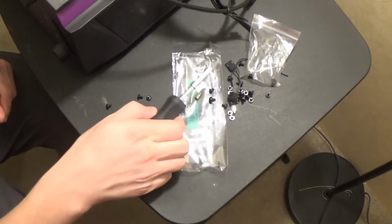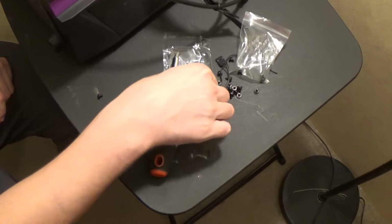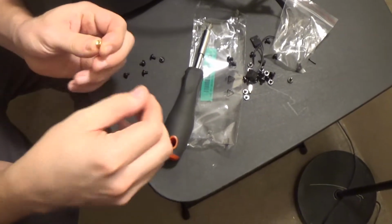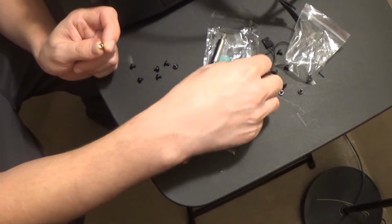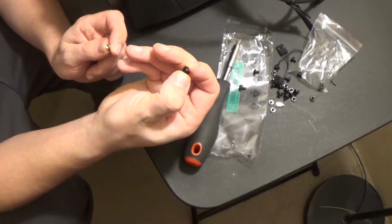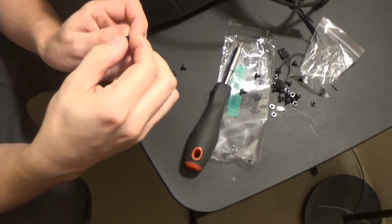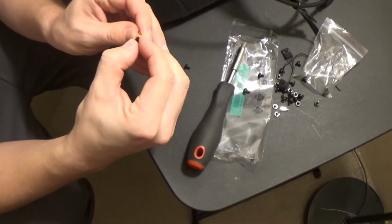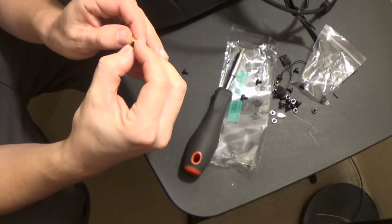So now we've got our Phillips screwdriver, and we have the spare standoffs that came with the case here. Since it came with a couple different screws, I've gone ahead and tested them out to see which one of these screws are the ones that are actually threaded to fit the standoffs. Now you may want to check this before you mount your motherboard if you don't have any